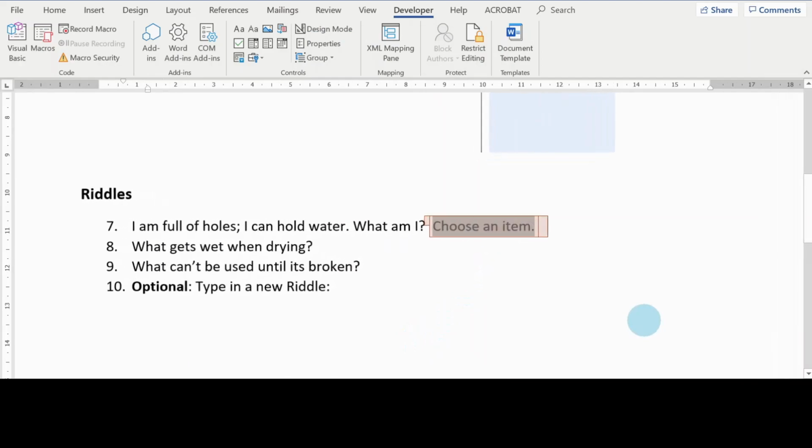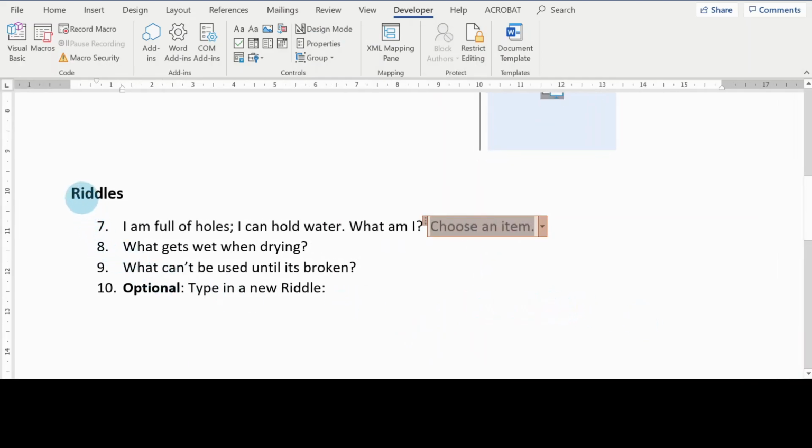Right, so making it a little bit bold. The question there is, I am full of holes, I can hold water, what am I? So these are drop down list items: sponge, so the participant can just choose the response or the answer to be sponge. Now in this case they cannot type in anything, so I'll go ahead and do the same thing for all of this